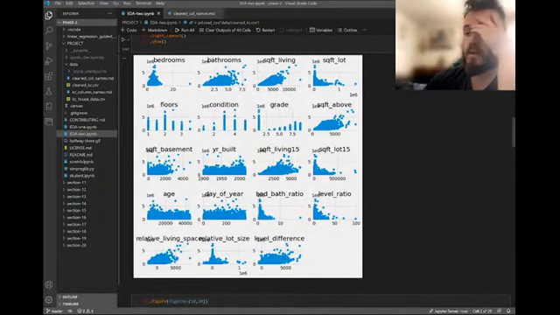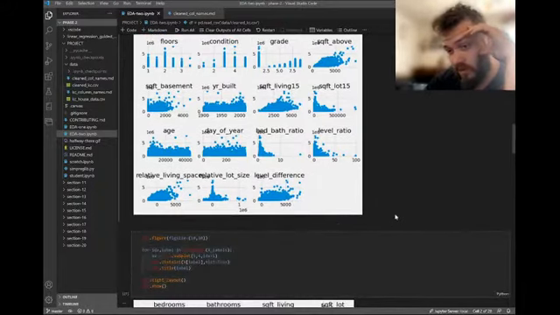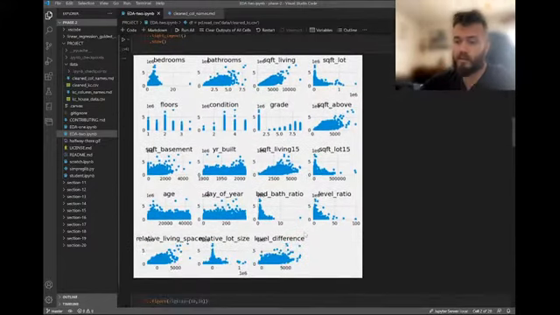Level difference. So this is like this feature, but this is just the difference. It's not the ratio. So this is like total square foot above grade minus total square foot below grade. That looks like it has a little bit more of a linear pattern to it. But anyway, this is pretty much everything